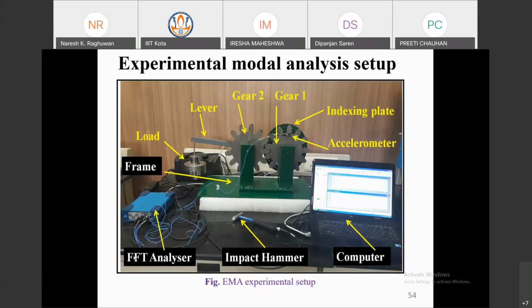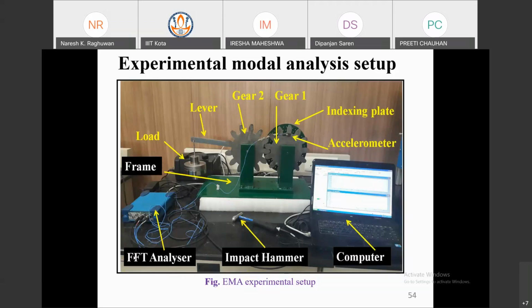If you know the mass, the stiffness, the bearing stiffness, the damping factor, and all the constants, then modal analysis will give you the natural frequencies and mode shapes accordingly. But in experimental modal analysis, you don't need the stiffness values, because your system is there. You place the accelerometer and capture the vibration signal with an impact hammer. Modal analysis is done by the impact hammer test.